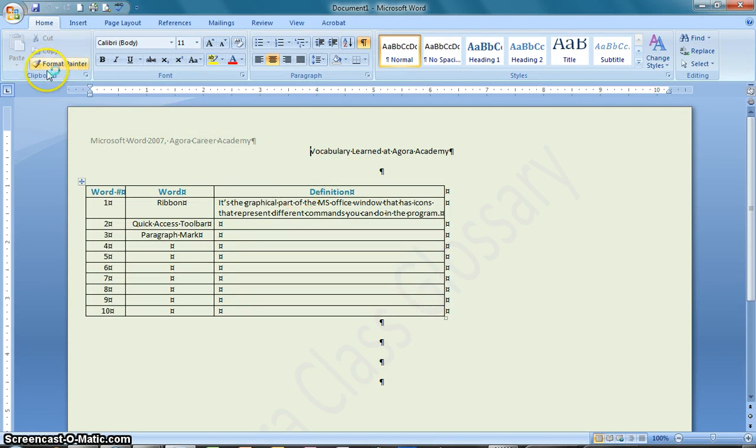So I open that, and now I'm going to save it. Why? Because when you open a template, it opens as just a brand new document that